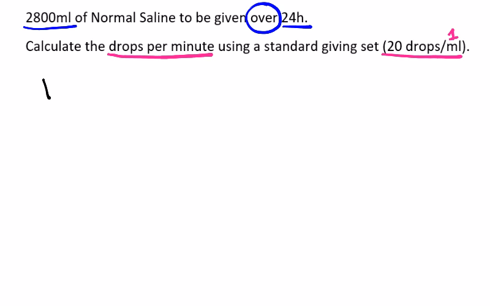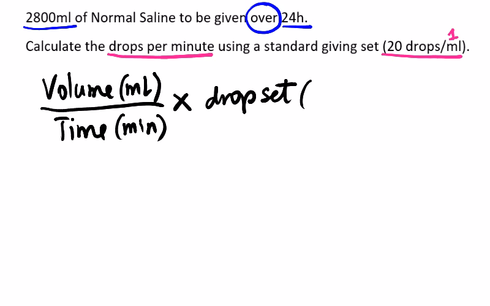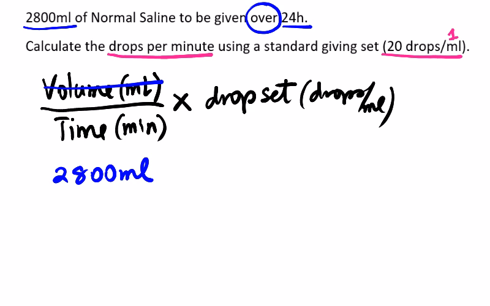So we need to remember that it is always going to be the volume, always in milliliters, and this is the same as the pump, divided by the time. This time the time is not in hours. We will have to change that into minutes, and then we multiply by the drop set, and the drop set will always be in drops per mil. So we'll see how these units end up cancelling out, because our final answer has to be in drops per minute. So volume in milliliters, we replace that with 2,800 milliliters over the period of time,